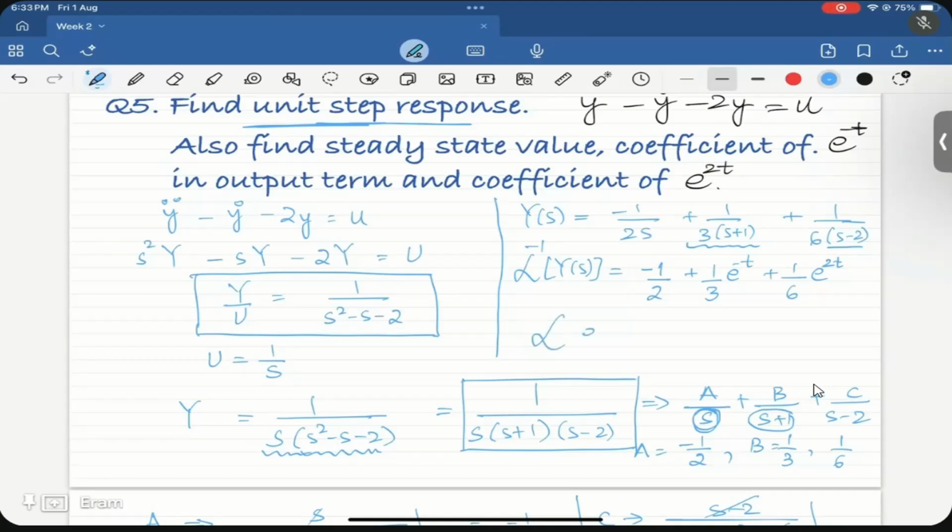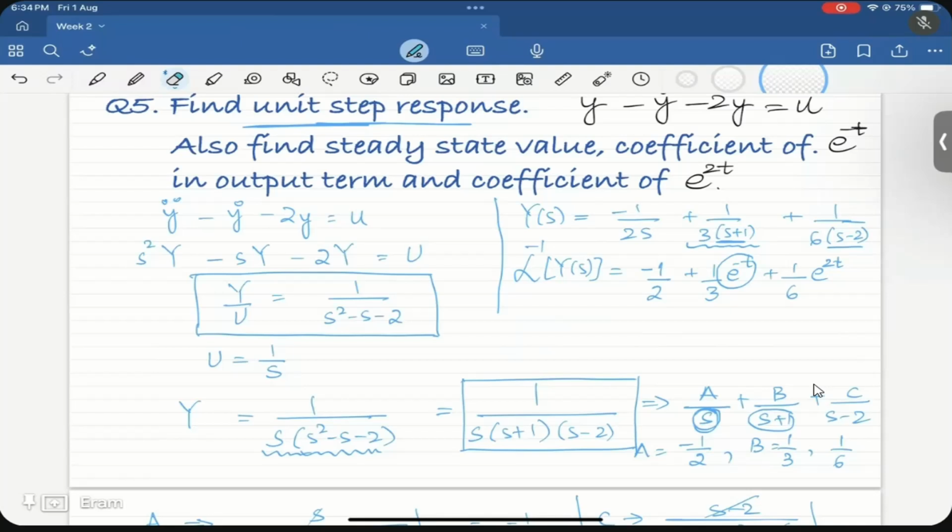Because Laplace of e to the power at f(t) is Laplace of F(s minus a). Okay, we have to shift it with minus a if there is a. So that's why if there is minus t, minus 1 here, then it is shifted with minus 1, it is s plus 1. Okay, so please keep in mind while doing the inverse Laplace.